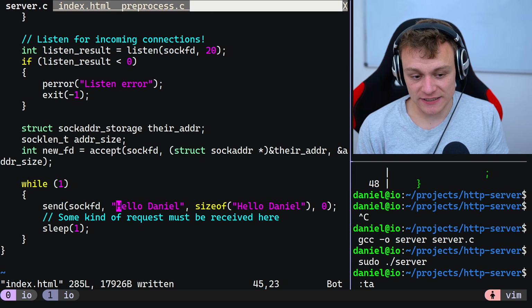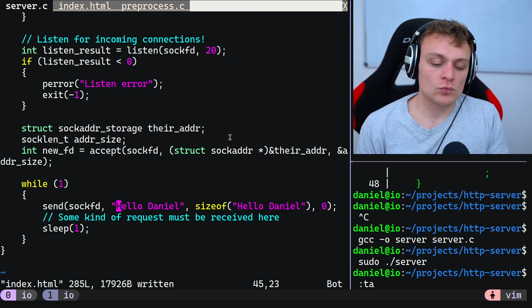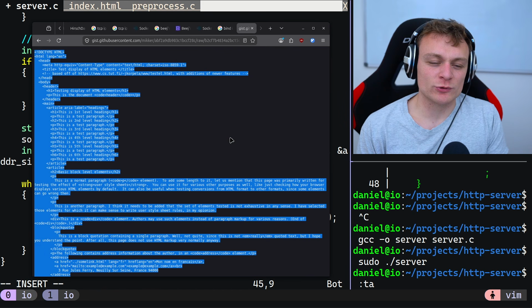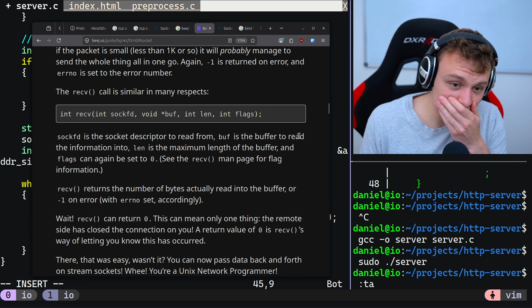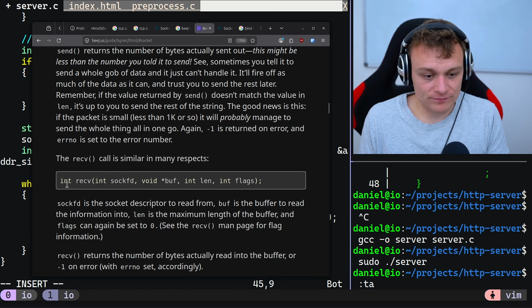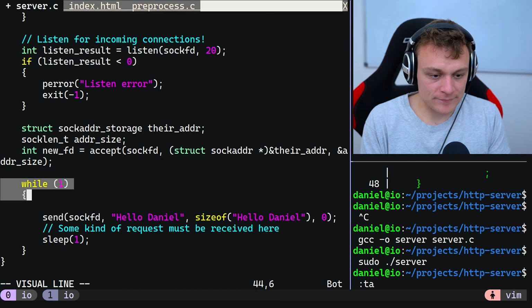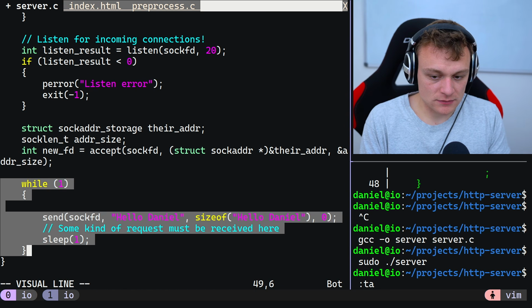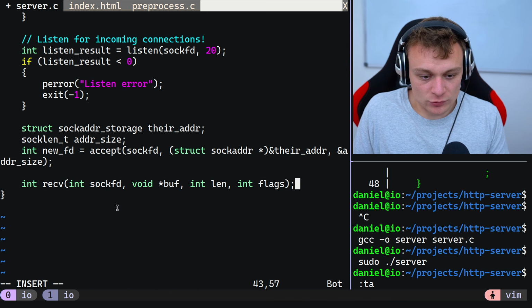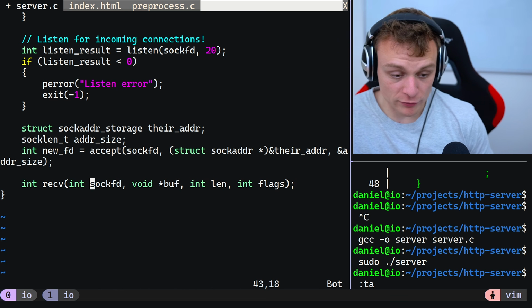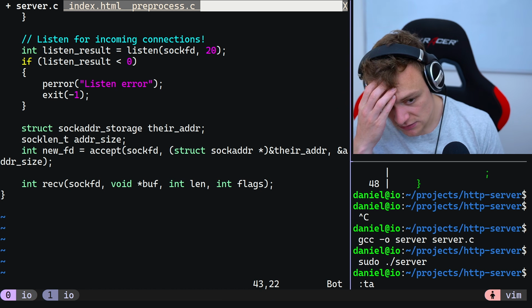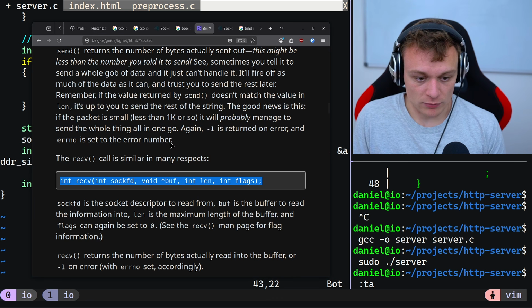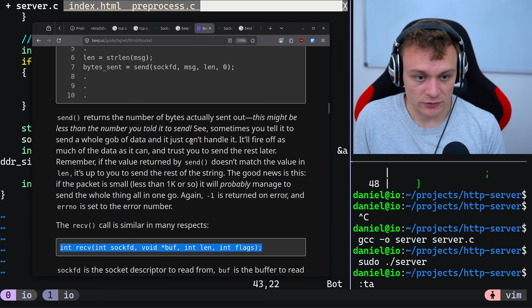So we don't send hello Daniel. Actually, what we do is first we receive a request using this right here. Oh god, let's just delete all of that. Let's receive a request from the client, sorry, to the socket file descriptor. We write the response into the buffer probably. So that's where we need to allocate